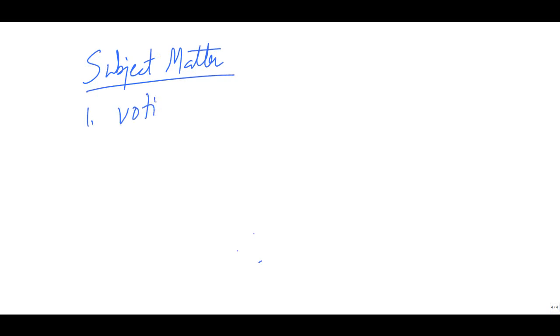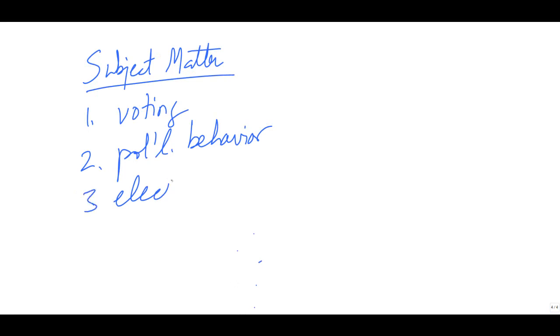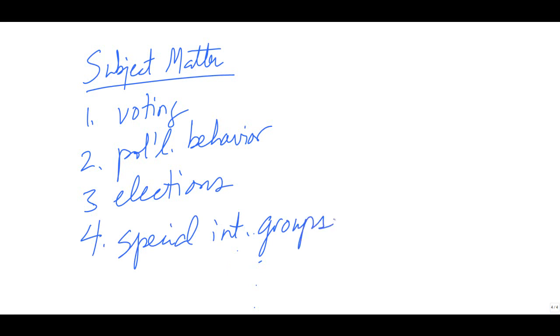Another way to look at it is that public choice is subject matter. If you look at its subject matter, it comes right out of political science. It deals with things like voting, political behavior. It deals with elections. We talk about special interest groups in public choice. All of these topics really come right out of political science, but